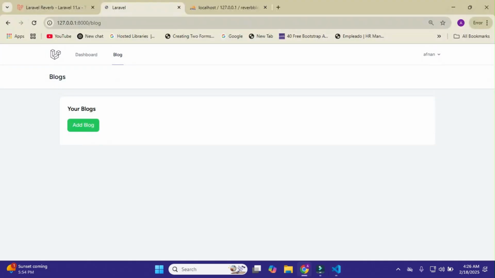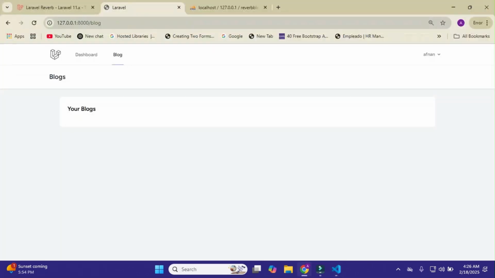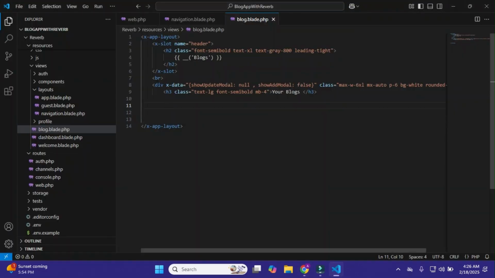Okay, that's it. Also we don't need this add blog button, and we just need this, your blogs. Okay, so here I'll display all my blogs. For this I'll write some code in it.